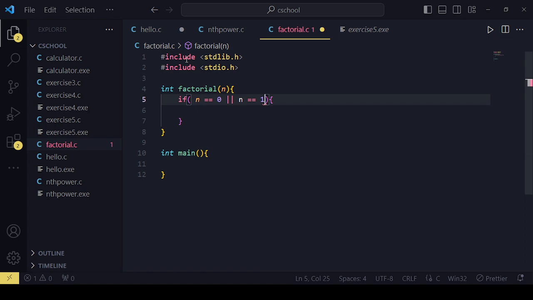Now what do we need to return? The function is going to return an integer. So here we want to return, so 0 factorial is 1, 1 factorial is 1. So here we have to return a 1. Now here we can also